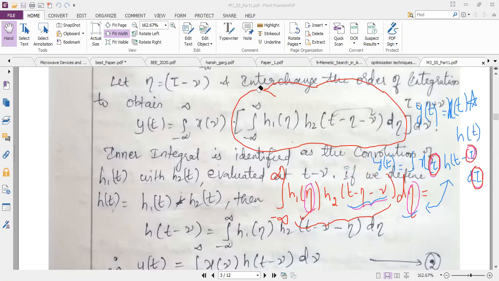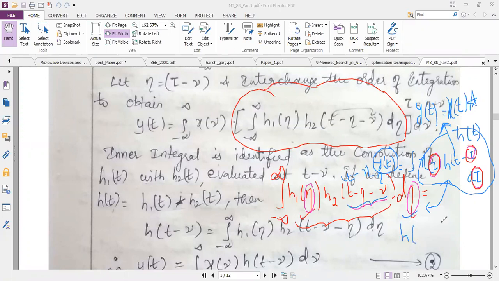So what is the possibility of arrangement? My arrangement is t minus mu minus eta. So if it is like this, then at the left hand side I will write the left out term. The left out term is t here, h of t. So this t will be my output variable y of t. So now can anybody tell me what I am trying to convey here, what will be my output? Can anybody?